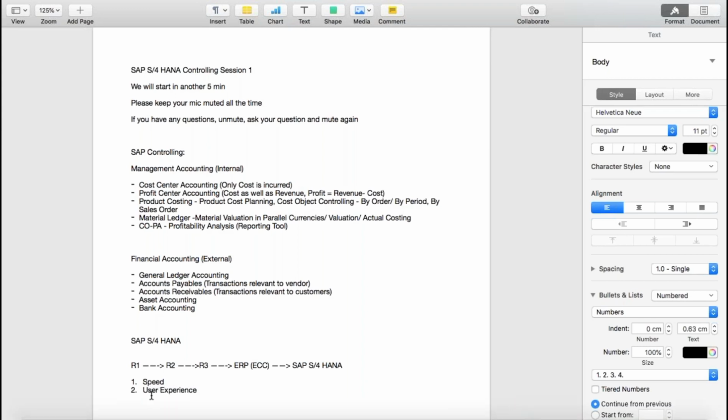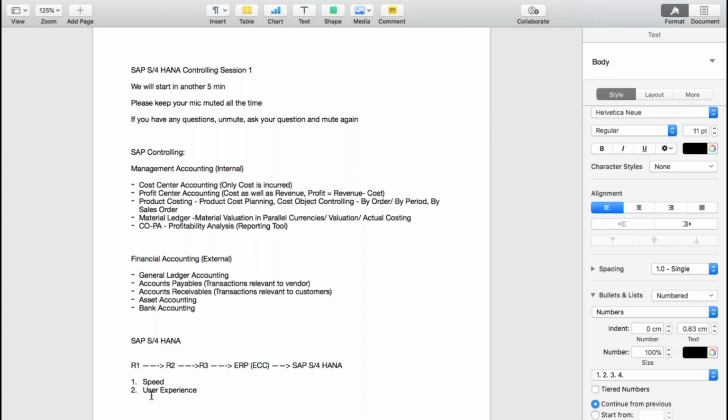Okay, user experience means what? The screens that we are using. So for example, for the last 20 years, we are using the same screen to do the product costing, like for example, we are doing CK11N. Or for the last 20 years, we are using the same transaction to create a purchase order. Okay, so things have improved a lot outside SAP. For example, is the software that you were using 20 years back still available in the market? No, everything is replaced with mobile devices, right? We are no longer going to the banking websites to perform transactions. Very rarely. Most of the time we have the apps, and through the apps we are doing all our transactions.